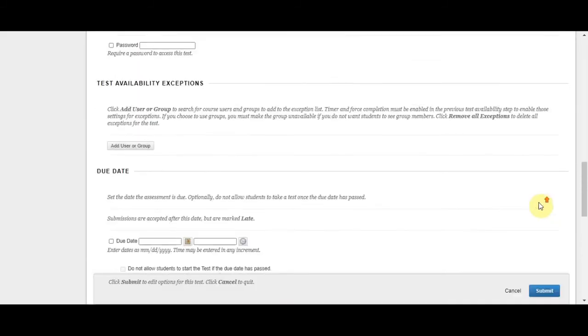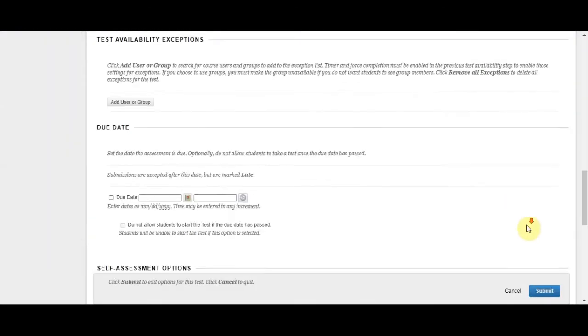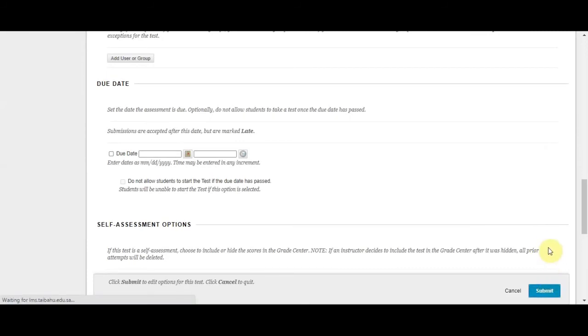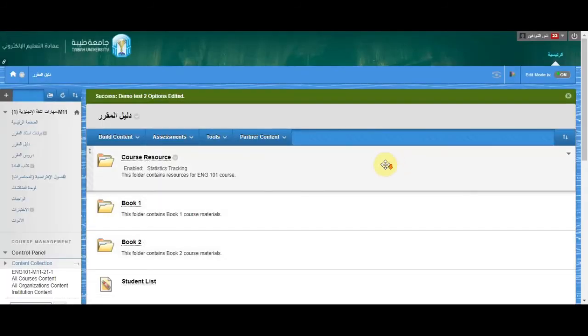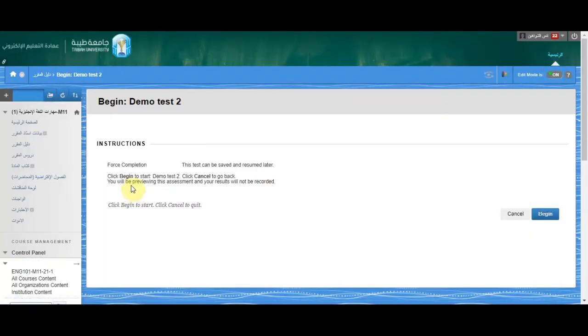So once we are happy with the options, we can just click on submit below, and then the test will be created in the section where you chose to create the test. So in this case here we have demo test 2, so I can just click on this to test it now. So I click on it and then click on begin,